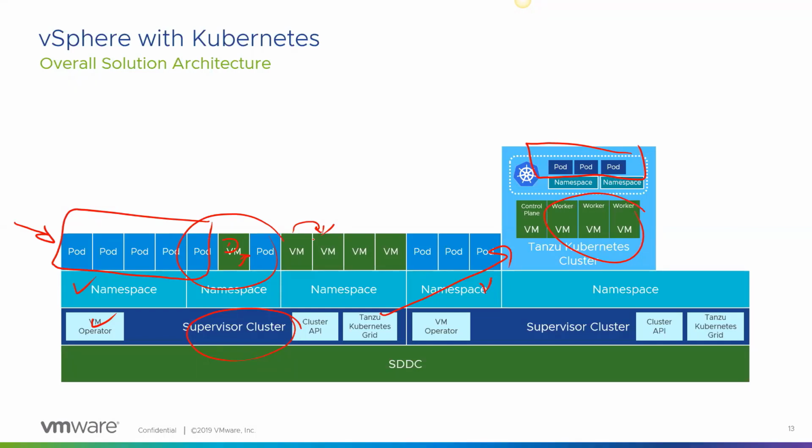But again, going back to why I would do one versus the other, maybe my developers need to have that level of control. We want to be able to run privileged containers. We want my containers to be able to mount the disk on the OS so that they can write directly to the disk, right? Things like that. And this is not to say I cannot use persistent storage for containers that are native. I can, but this is not a VM. This is the hypervisor. You don't have a file system there to mount natively.